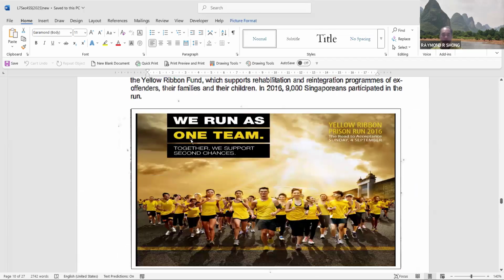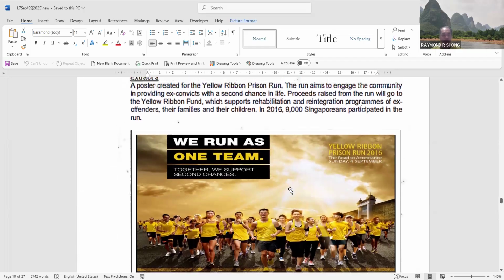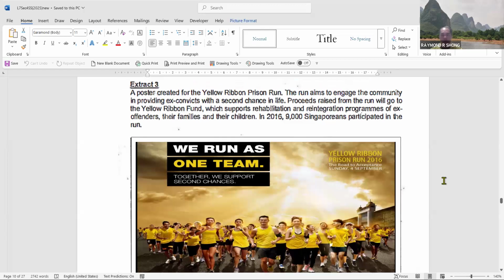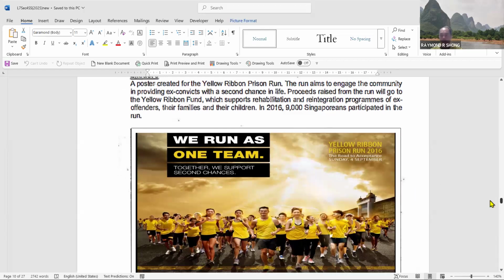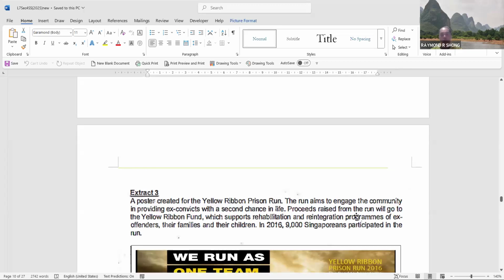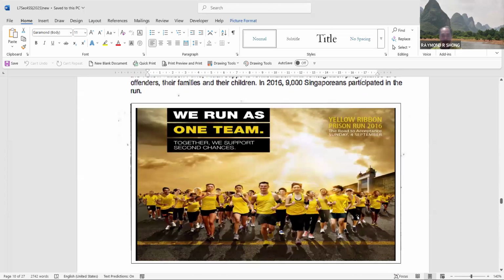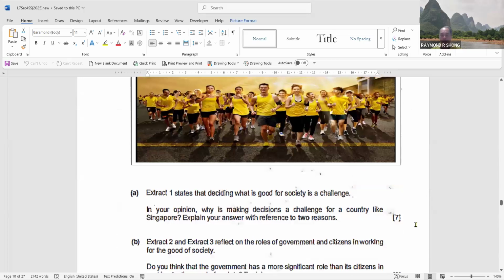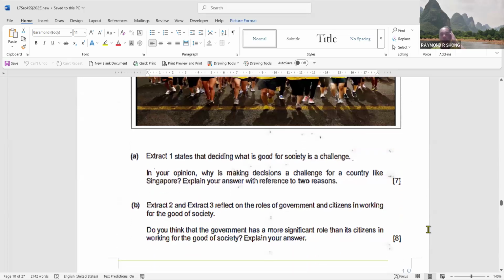This one is a committee, citizens, right? These are all the citizens who want to raise funds. So which one is important? Can you all type your answer in the Zoom chat? Is it government or citizen? Before you type your answer, I will choose citizen. Please type your answer, please.